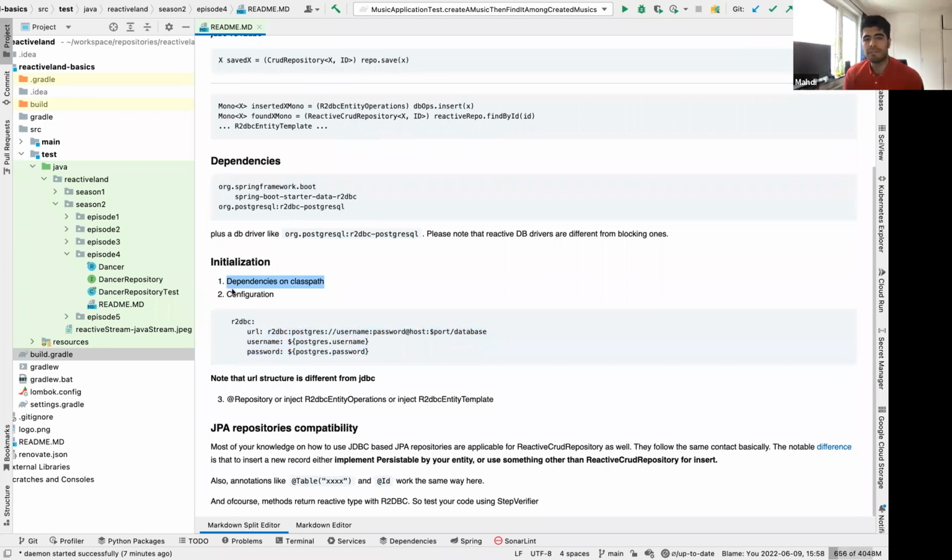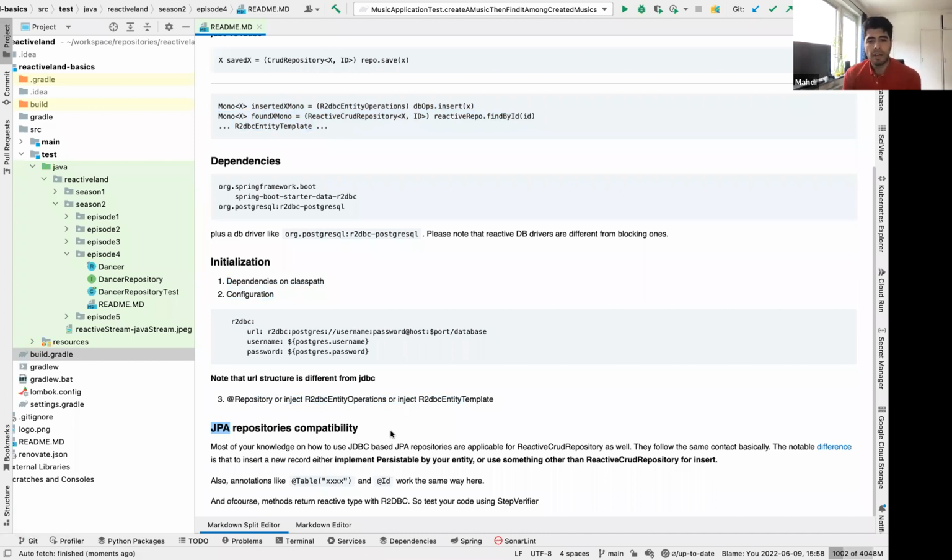If you do these two steps, you will have the APIs that I mentioned above available, so you can inject them whenever you want, and you are ready to go. Whatever we did in the JPA world with JPA repositories, you can do the same with R2DBC reactive repositories. So you already know all the APIs and interfaces. I don't need to